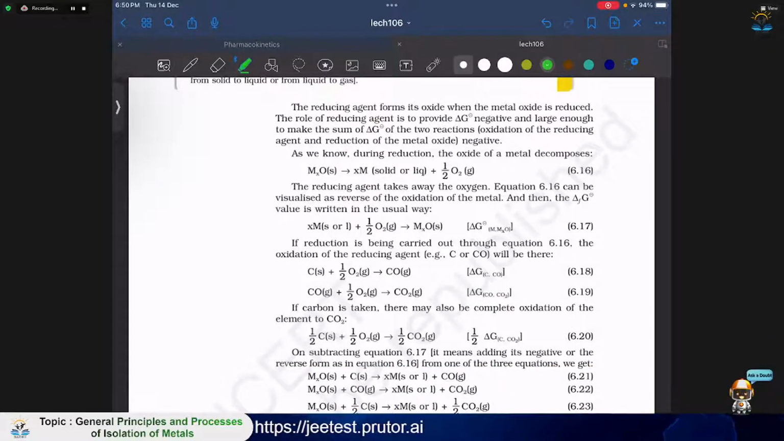Before we come to the Ellingham curve, we'll just cover some examples. We'll do the Ellingham curve in the next class. We'll move to some PYQs now after doing the examples. So see,